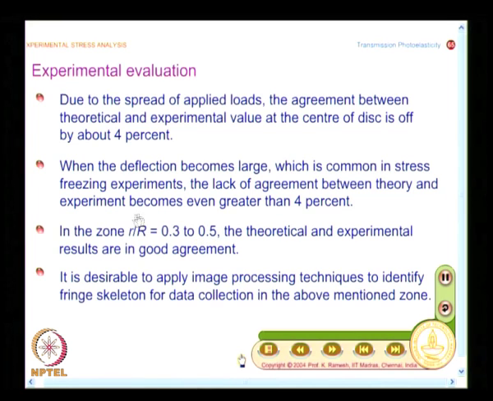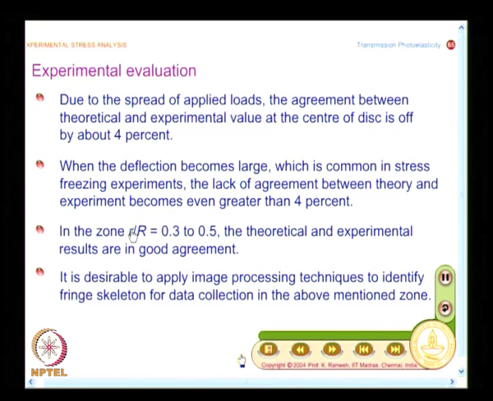The reason why I do this is, particularly in stress freezing experiments, there is lack of agreement between theory and experiment at the center. So, I avoid the center of the disk and I take data in a region r/R equal to 0.3 to 0.5, it is an annular region